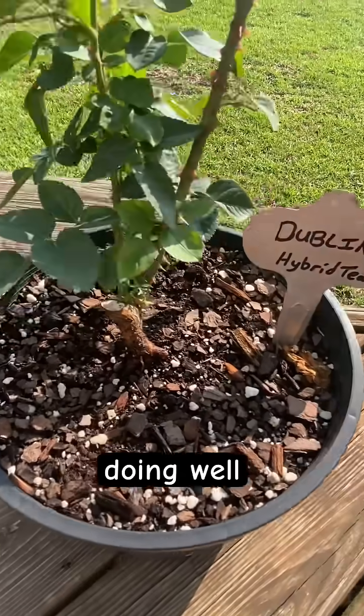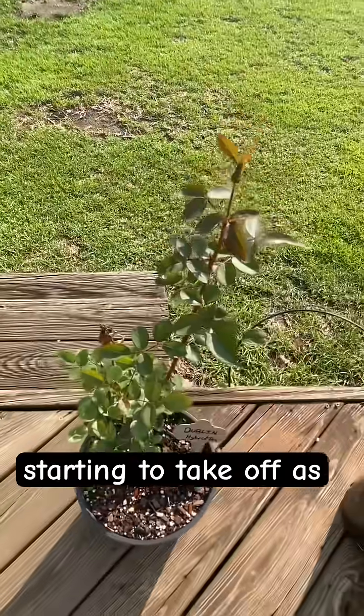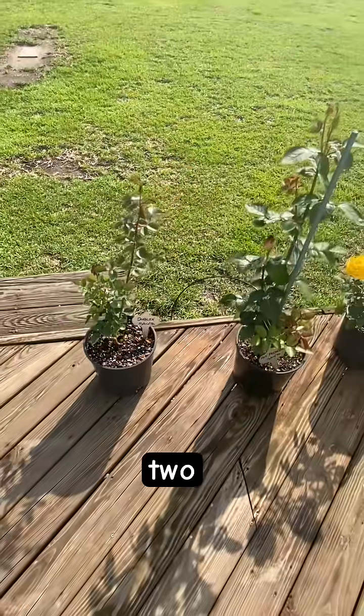And Dublin's doing well. 2 canes on it, and one of them is really starting to take off as well. So most have 2. In the case of